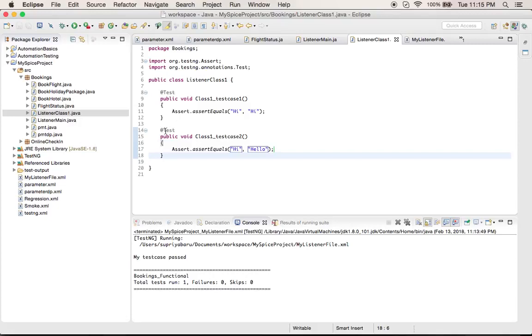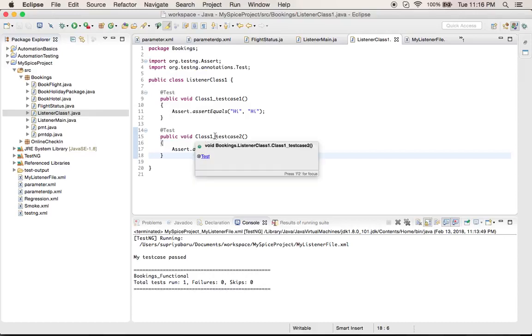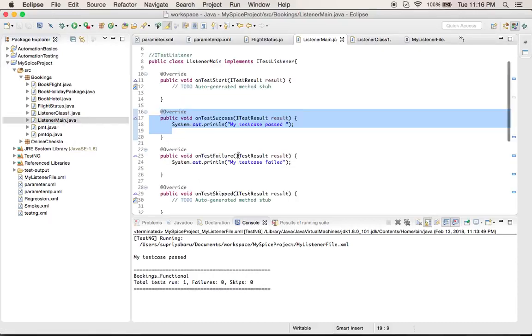So in this case, when you have two test cases, and you want more information about your test case from your listeners class, what you can do is append this with your test. So in this case, you know that your test case passed, and you also want to get the test case name.